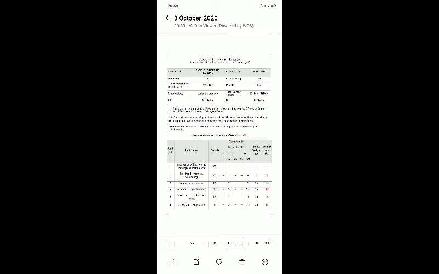For essay questions, in dimensioning practice you can get one question, and in geometrical construction you can get two and a half, meaning A, B like that. In projection of points, lines and planes you can get one question. Orthographic projection has the highest weightage, approximately 35 marks. This question paper is about 40 marks in total, so approximately 20 marks come from the 5th and 6th units. So the 5th and 6th units are the most important for this end sem exam.